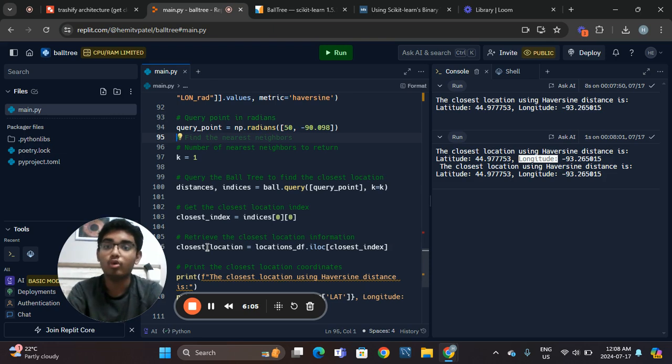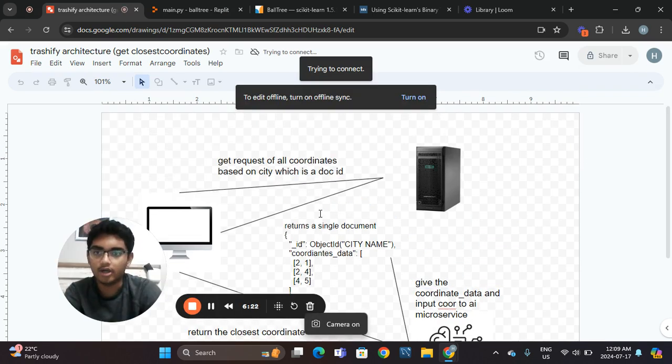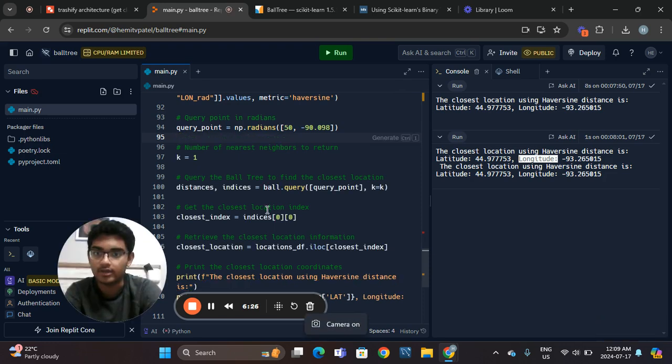Tomorrow, I'm going to go through a full in-depth explanation of how the BallTree algorithm works, how we can implement it, and why I decided to implement this algorithm in particular. But that's what I've worked on so far. I worked on the architecture and then I worked on this code that you see over here. All of this will be available